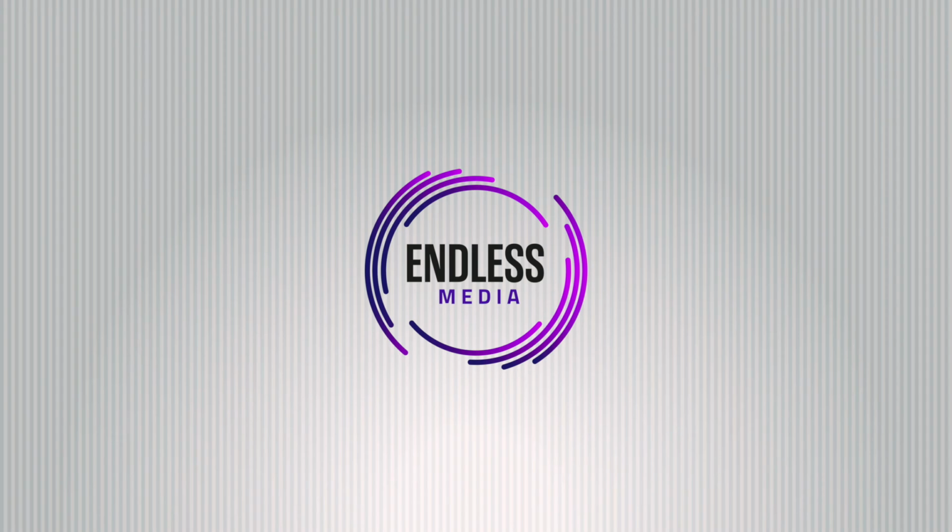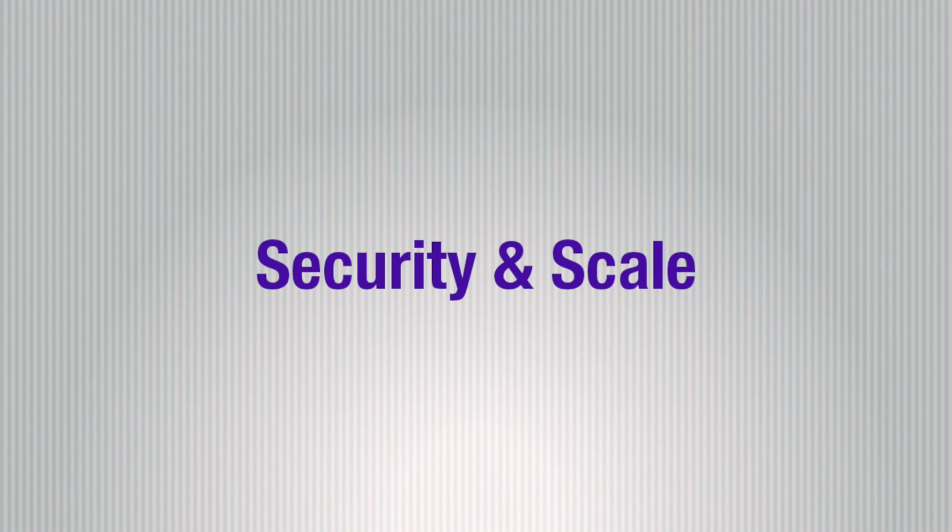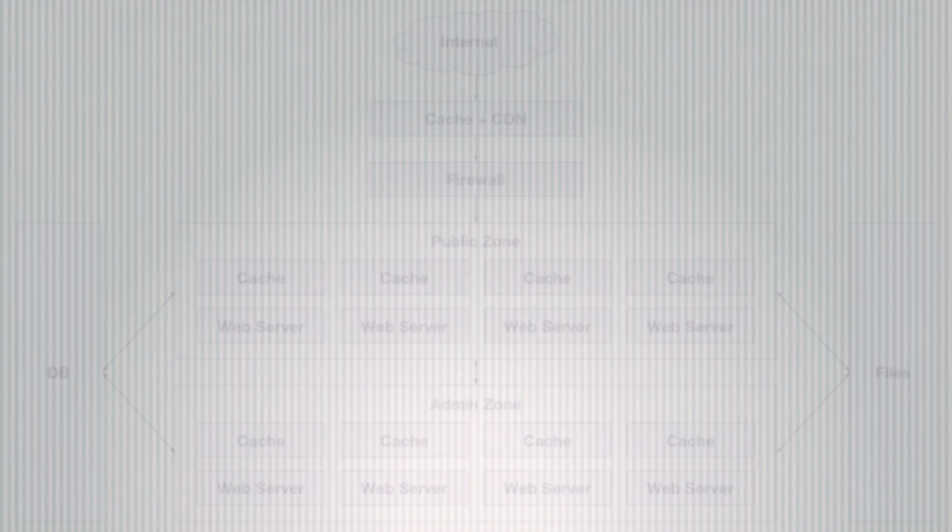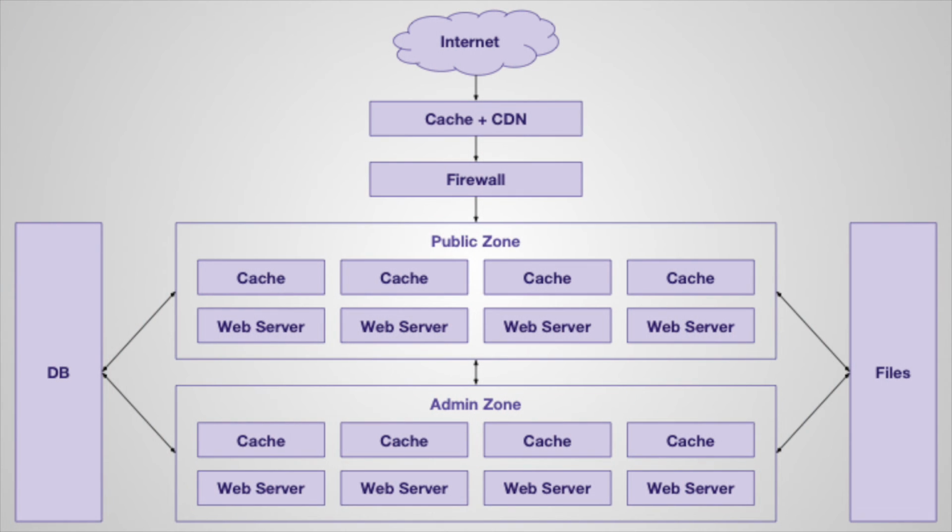But before I finish this demo video, there are some critical things I have to talk about. I'll be quick. Endless Media is built from the ground up to be as secure as possible and to withstand any traffic spike it encounters. For this, we had to develop a really robust server architecture. And although it is a proven architecture, as you can see, it's quite complex. I'll help you to understand it by explaining the most important parts.